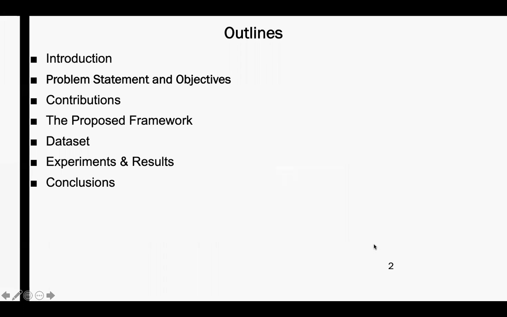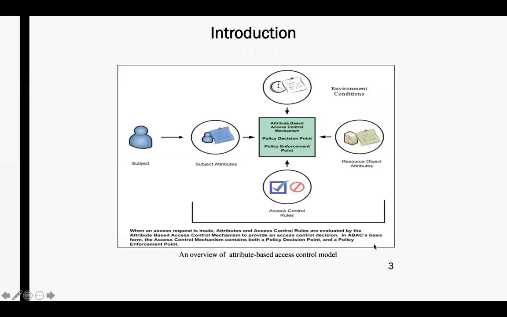This is a roadmap of this video. I will start with a very brief introduction of ABAC. So what is ABAC? It is a kind of access control model. With this model, authorization decisions are taken on the basis of attributes of the subject, requested resources, and the environment condition. So for each request submitted by the subject, the attributes of all involved elements will be checked